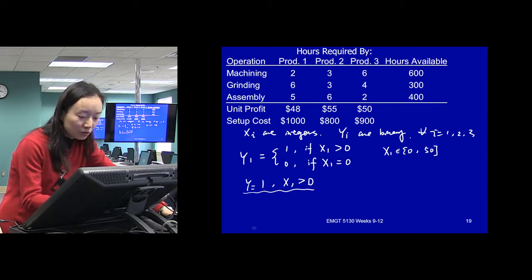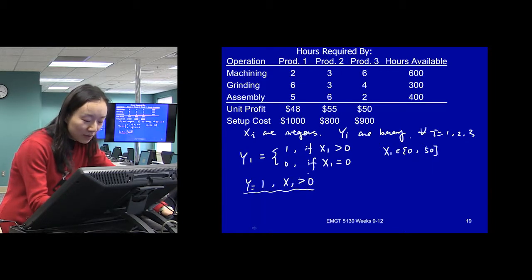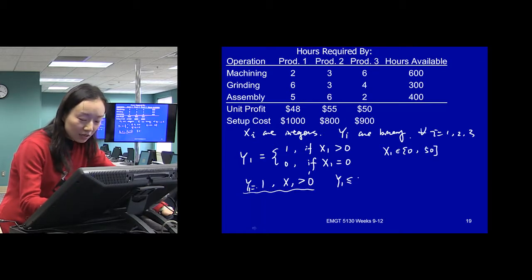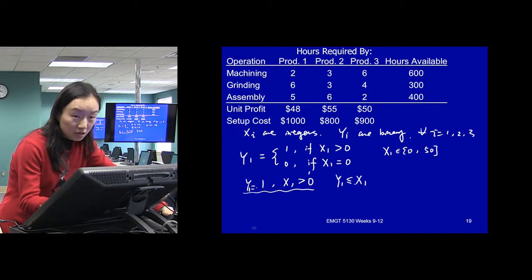If x1 is a binary variable, how do you achieve this condition? Just look at this one. If this x1 is a binary, that means this one has to be 1. In the previous case, we used to say, okay, y less than or equal to x1, right? If we use this condition, we are saying, if y equals 1, then we have to force this x1 to be not 0. It has to be greater than 0. So we use less than or equal to here. And in this case, it works for y.